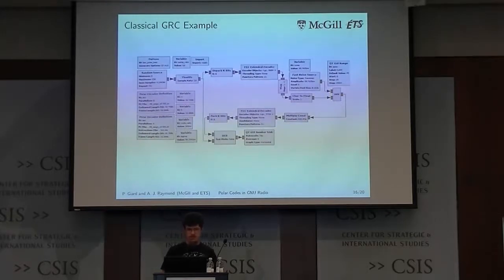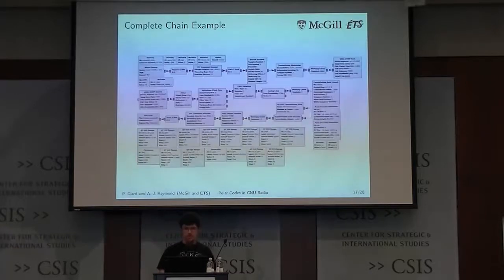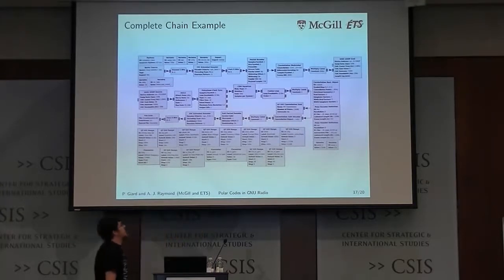So here's our classical example, a bit of cheating there for the error correction guys, where there's only Gaussian noise basically, and we just draw the curves to make sure that it actually works. But we've also done it in a real system, which is bigger. So that's a real communication chain using